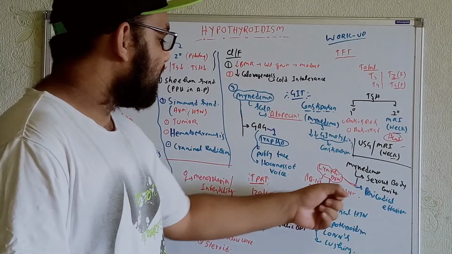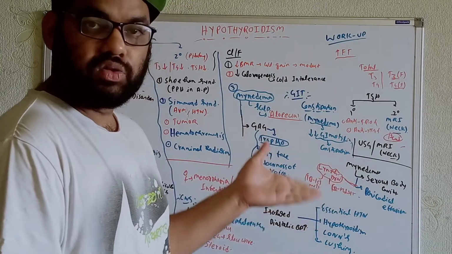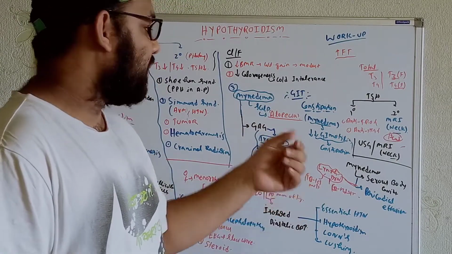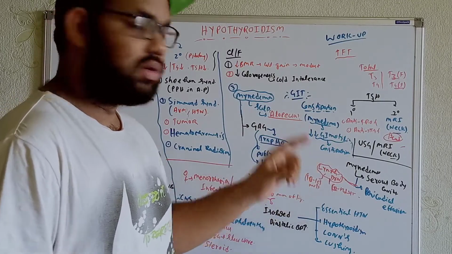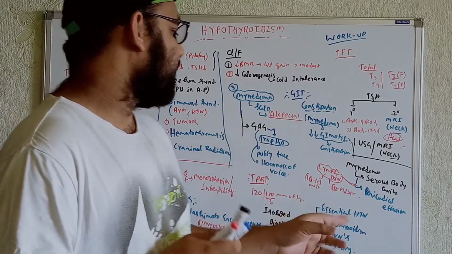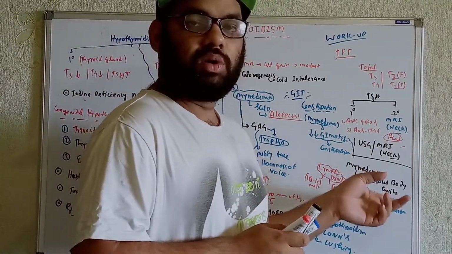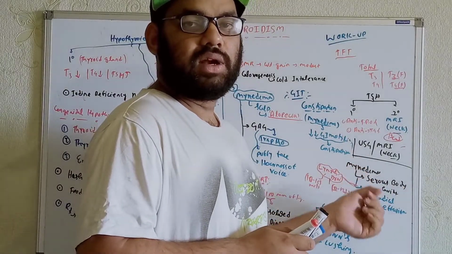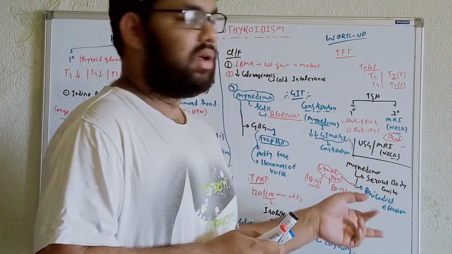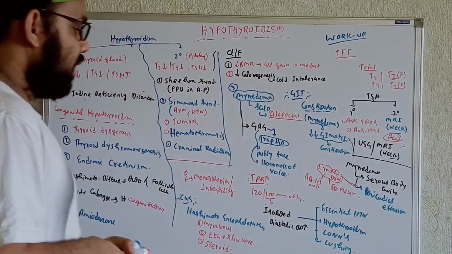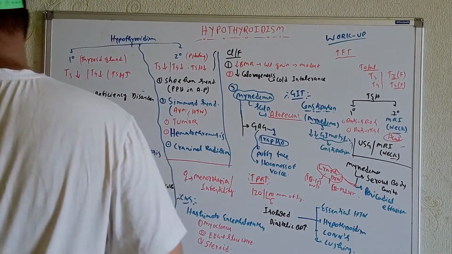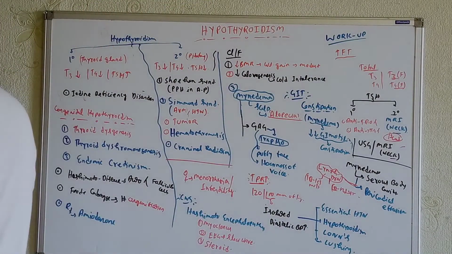But in these cases, the accumulation of fluid will take too much time, a longer duration. Ultimately, we can get this type of problem over there. So don't get confused in terms of pericardial effusions, whether we are getting it for the myxedema development or for the lymphadenopathy. That is a totally different thing. Okay, now we'll talk about the rest of the parts. What are the other tests we can do in these cases?